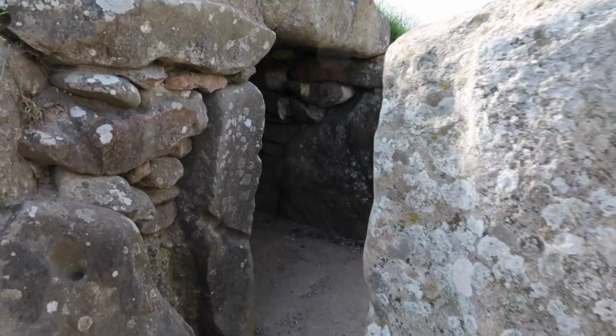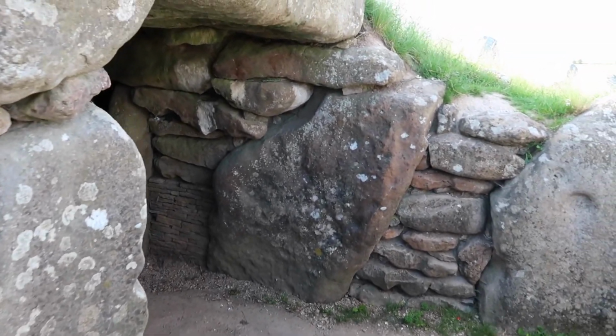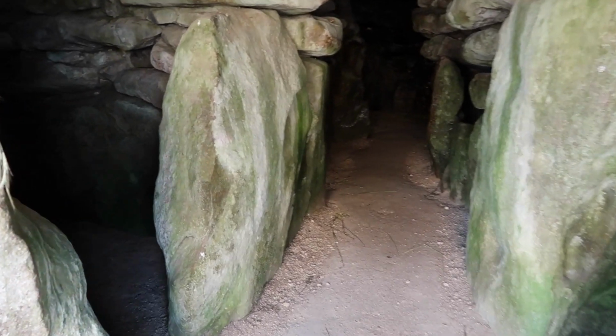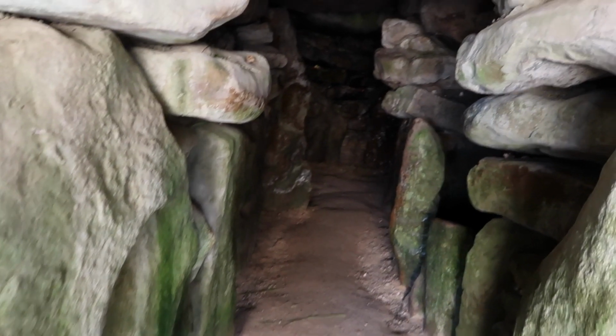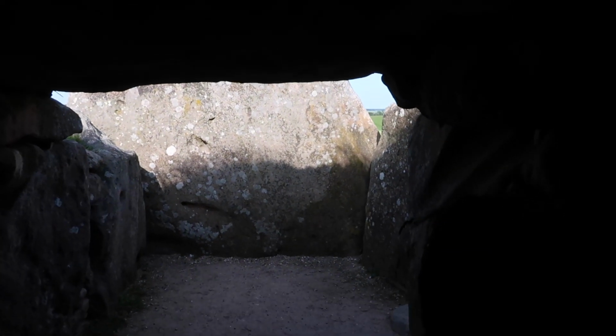So here we are at West Kennet Long Barrow. It was built during the Neolithic time. It's a burial chamber, and apparently there were 46 burials in here, each in these little side chambers. It's just amazing. Built apparently 1,000 years before Silbury Hill,